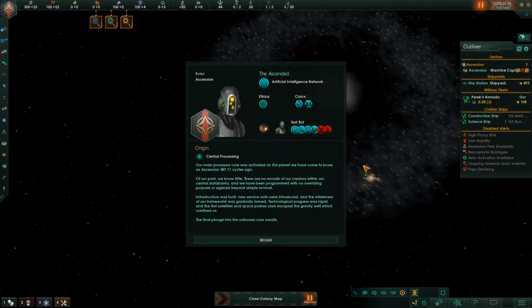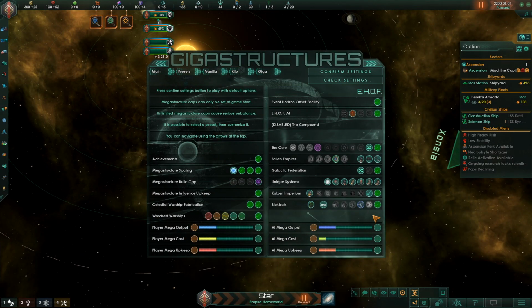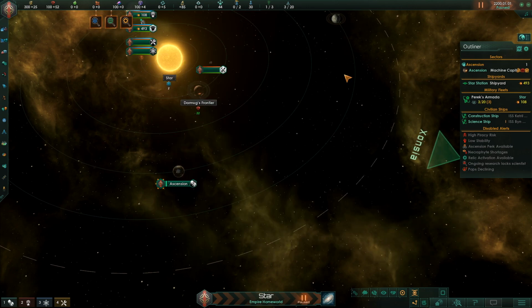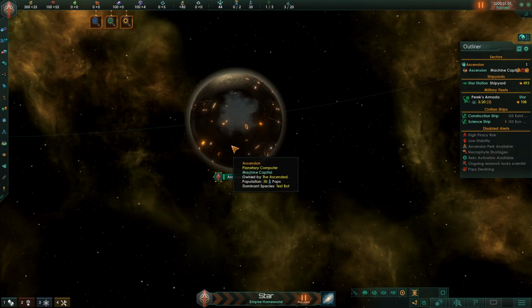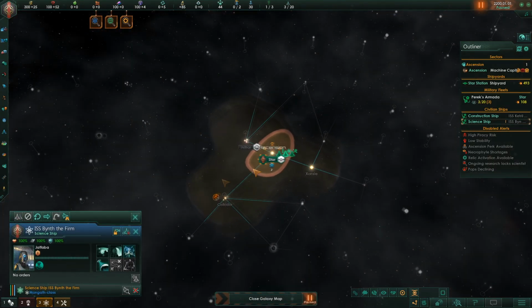And so we begin near the bottom of the galaxy. So for this run, as I said before, we're not going to be fighting the Katzen or the Blockets. It's all about just seeing how fun this origin can be, because honestly, I think this is going to be a really silly...